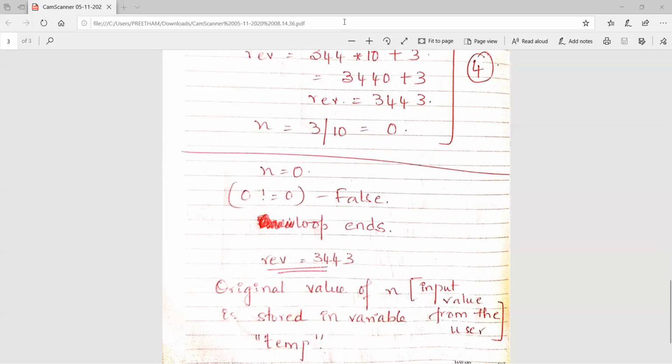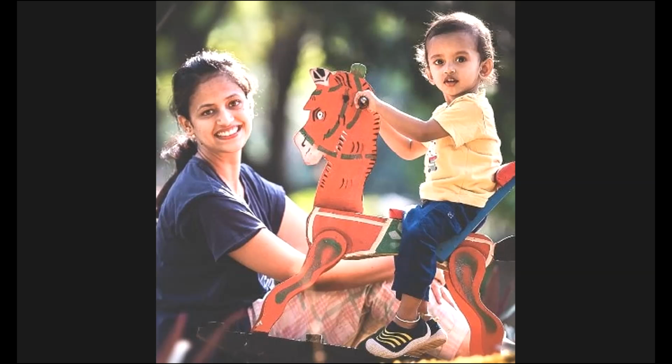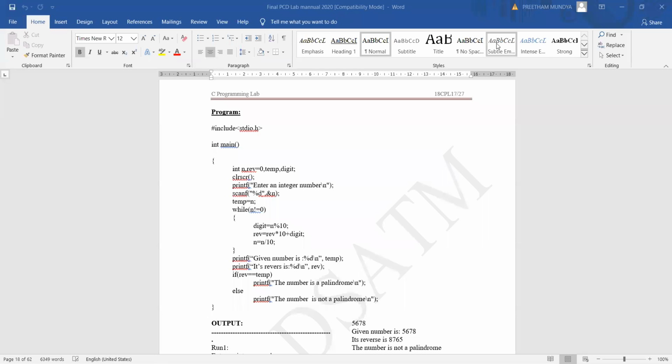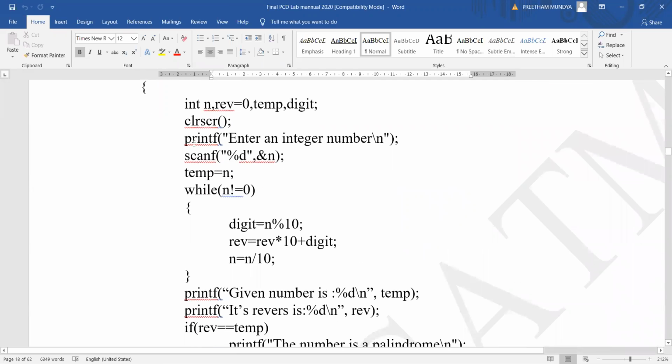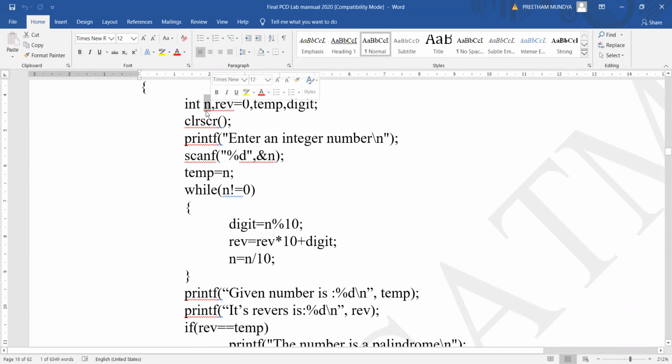Let's look at the program. This is the lab program we have written. Header file stdio.h, main function, and I have used a variable n to read the value. n holds the number entered by the user.